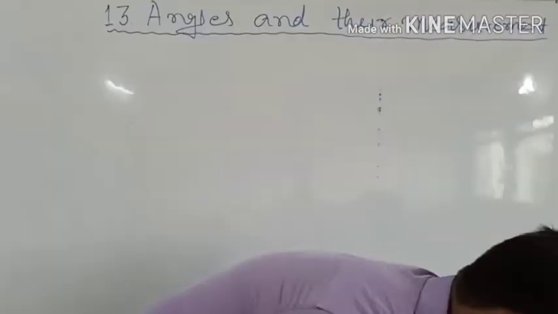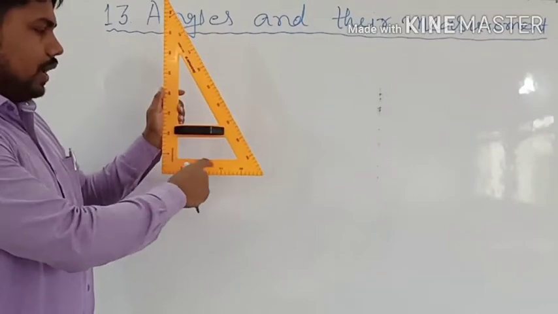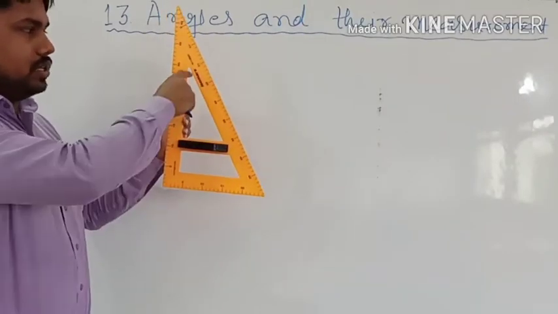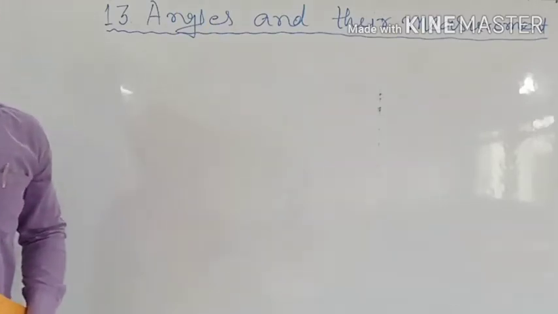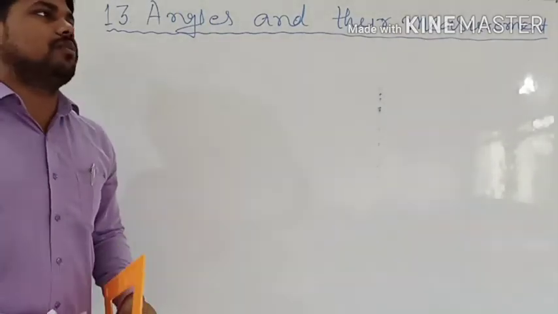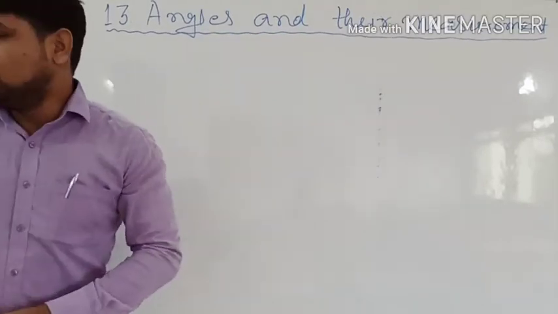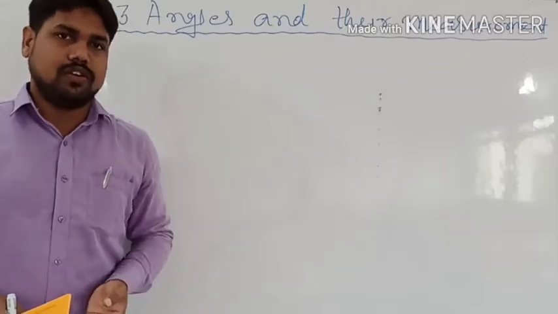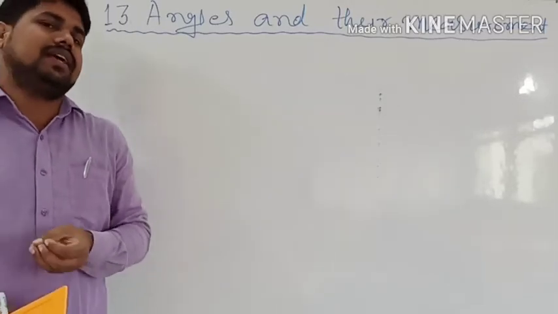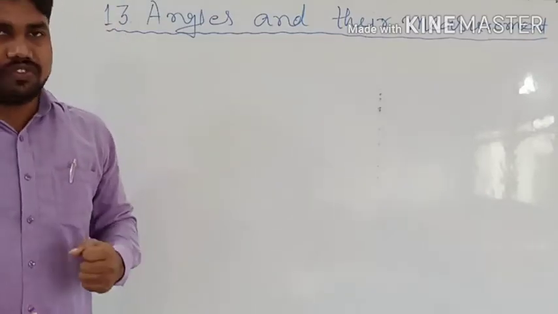Okay. If you look at this, here also one angle, here also one angle. So different angles are forming in this also. This is how there are several places. If you talk about rooms, the corners of the rooms also form angles. The door of the room also forms an angle, and the window of the room also forms an angle. So in this way there are lots of daily life examples wherever an angle is forming.